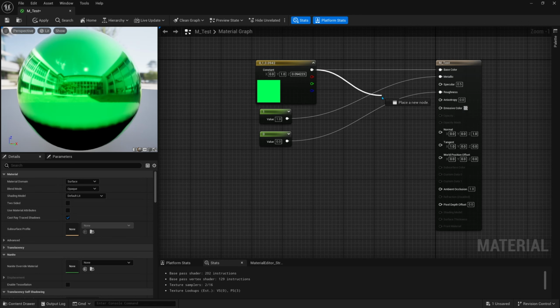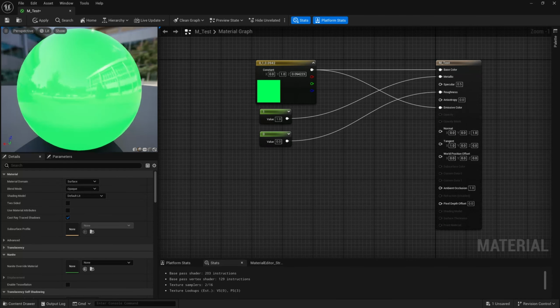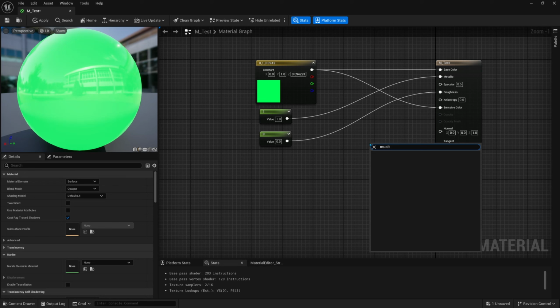All right, this next output that we're going to be going over is emissive color. If I just drag the same color we're using as base color into this, it should look very similar, but be a little bit brighter. Exactly. Now, we can try to multiply again,